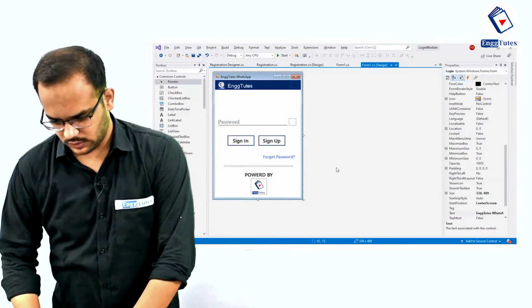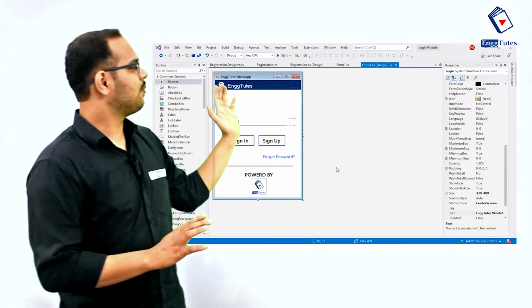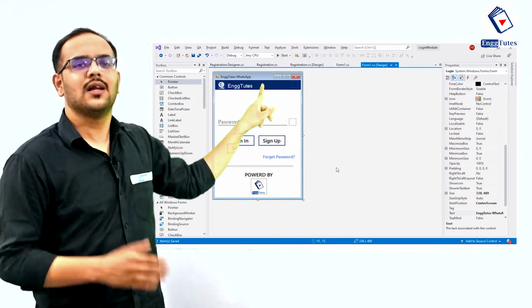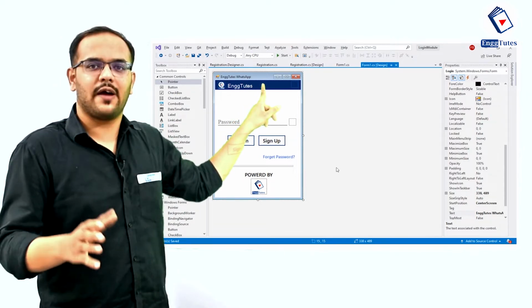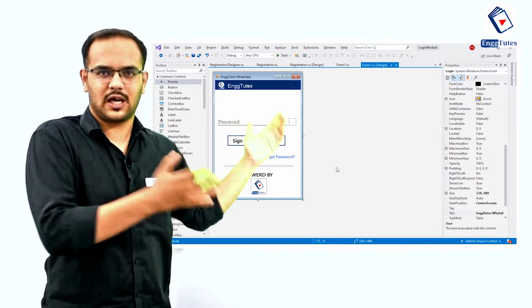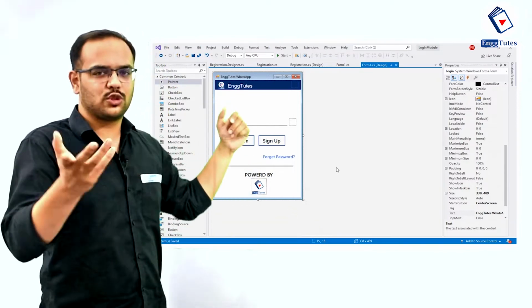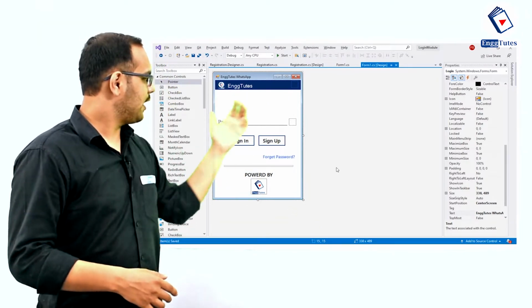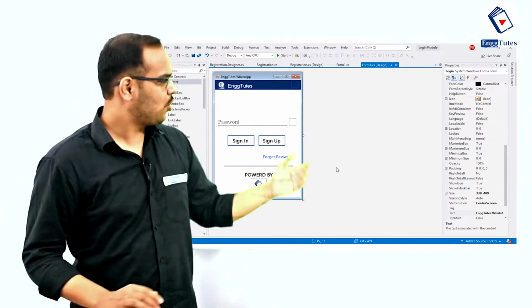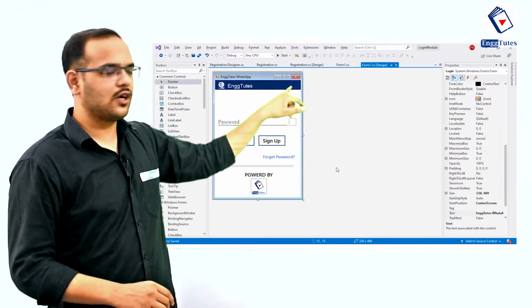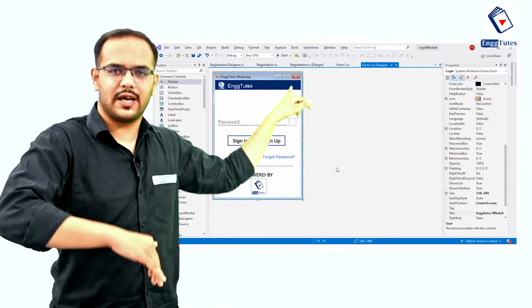So after this, you will get this type of UI. Okay, this is nothing but a panel. For this particular project, I have chosen the color theme as blue, which is our engineering tools theme. So you can choose whatever color you want. Then the pictures and all these things are done. I have not uploaded any picture for the eye and close. We will see where we can get these pictures.